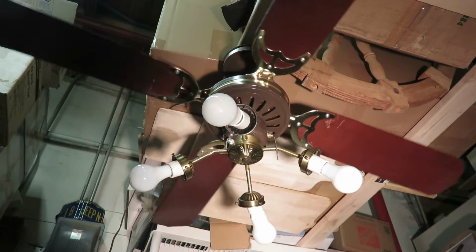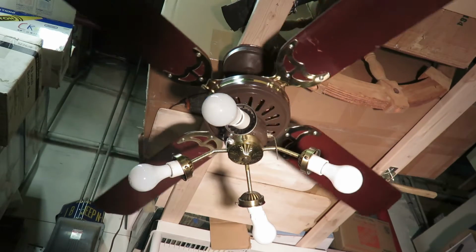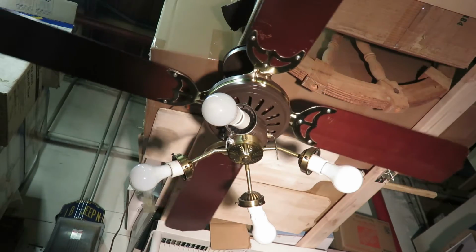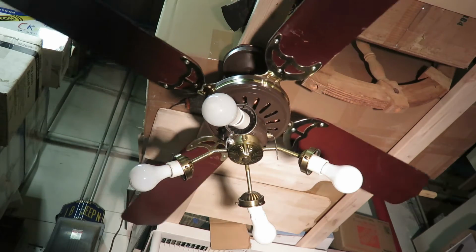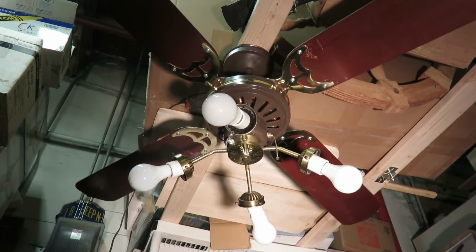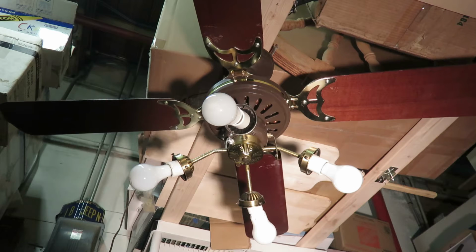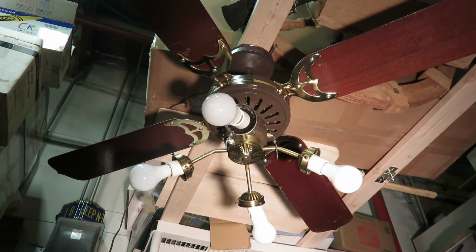Now the previous owners obviously had the blades just on the wood side. On the top there is a stenciled side, but maybe in future videos I'll flip the blades over, because I prefer the stenciled side myself. But I'm just not going to bother right now until I have to disassemble it. I bought it in its current shape, completely assembled, so